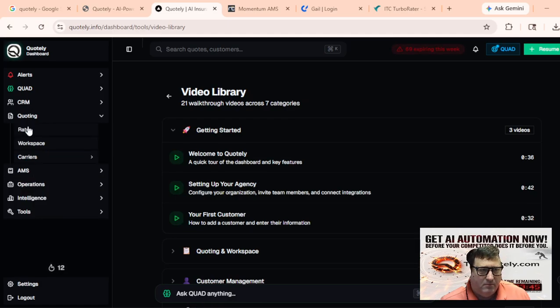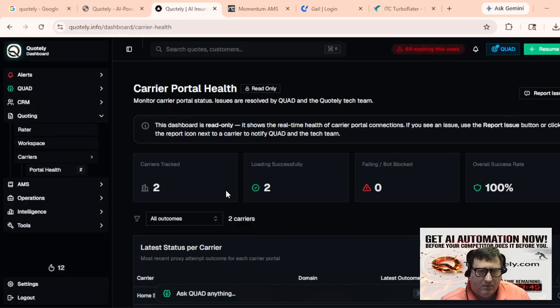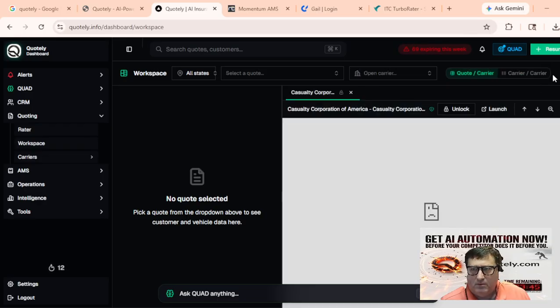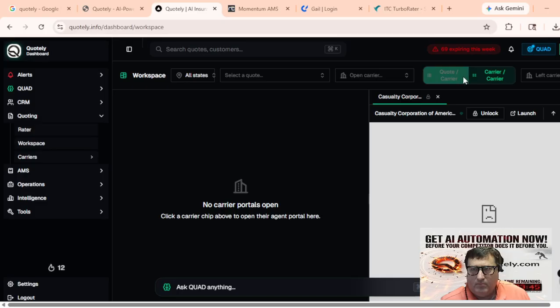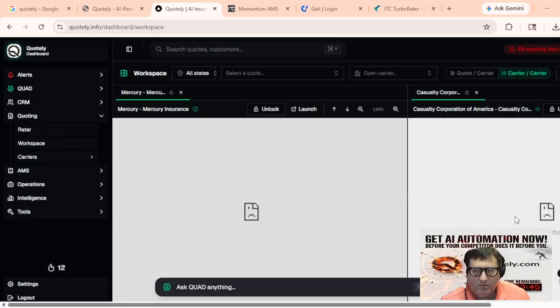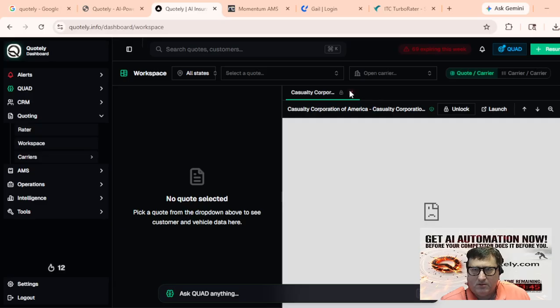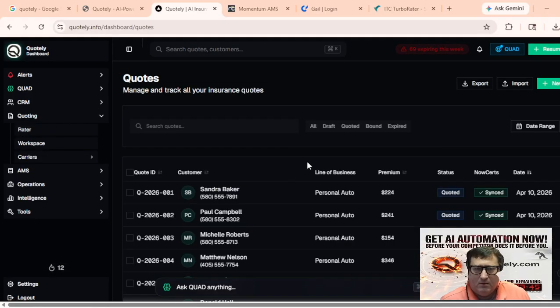So let's get back to quoting. This is just carrier health. If any of them hasn't been syncing up, if we've had any problems, it'll be here. Workspace, where you would load in, once you put your credentials in, your login screen where you could work while you stay inside this dashboard and do your quotes. Then back to the rater,